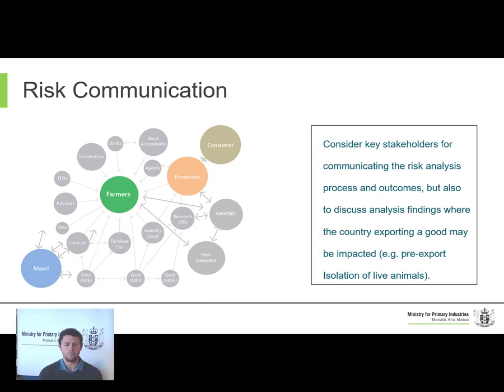In this example, we've also included Māori. Now, Māori have a very strong affinity to land, being the indigenous people of New Zealand, as an example, and we need to take into consideration the cultural aspects or cultural needs in line with the Treaty of Waitangi and our obligations as a government organisation to effectively communicate with our Māori partners to ensure that any decisions that we make are going to be done in conjunction or in consideration with their expectations, their needs, and that they actually have an input into the decision-making process where required.